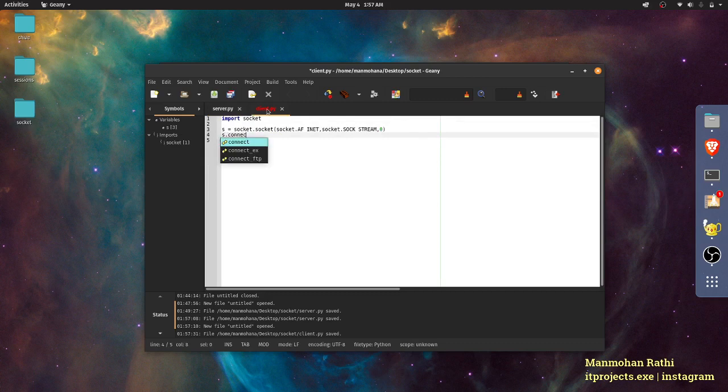Then again we need to connect to 127.0.0.1. We are using this IP address because we are connecting and communicating locally. If you have worked in web applications, then you will know that the 127.0.0.1 IP address is a local IP address. Everything that we have to run on localhost runs on that IP.